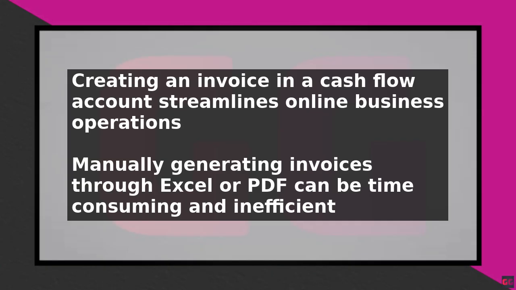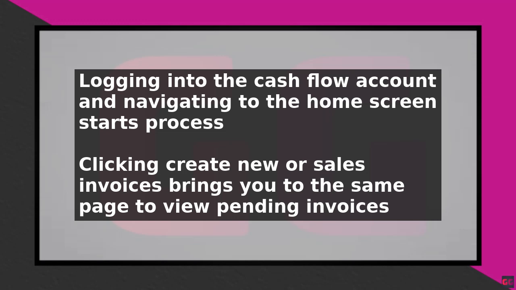To create an invoice, start by logging into the cash flow account and navigating to the home screen, where there are two ways to initiate the process. By clicking the Create New button on the top right and selecting Sales Invoice from the drop-down menu, or by clicking on Sales and then Sales Invoices at the top of the screen. Either method will bring you to the same page, where you can view all pending invoices and click Create New